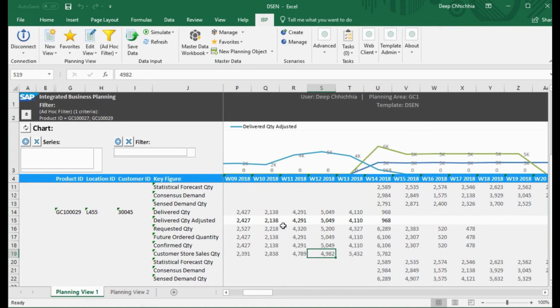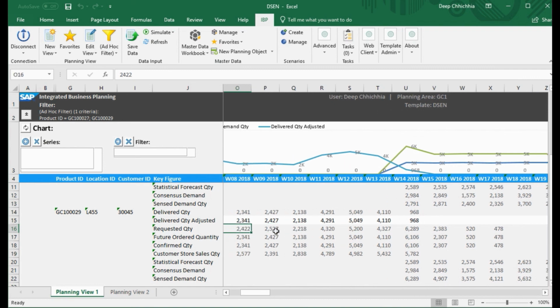Now let's have a look at another product whose sales have recently picked up. For product 29, the sales have recently picked up. It was in the range of 2000, but for the past 3 weeks, the sales have increased quite rapidly. The requested quantity as well as the delivered quantity has increased. So demand sensing picks up this trend, and the consensus demand is in the range of 2000 to 3000. But demand sensing picked up this trend of increase of requested quantity in the past 3 weeks and modified our